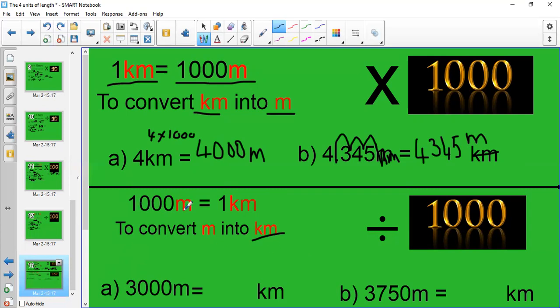So 1,000 meters is equal to 1 kilometer. 3,000 meters in kilometers is the same as saying 3,000 divided by 1,000. And again, you can just knock the 3 zeros off. So 3,000 meters becomes 3 kilometers. If we had a number like this, 3,750 meters, and we wanted to change that into kilometers, again, we are just moving that decimal point that would start here backwards to the left by 3 spaces. 1, 2, 3. So the answer would become